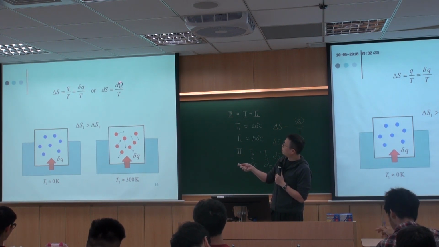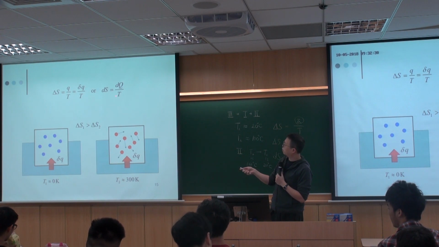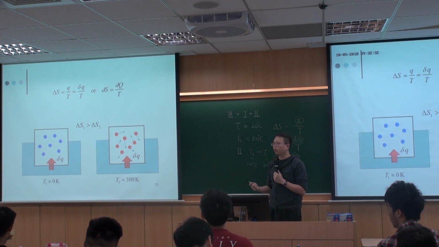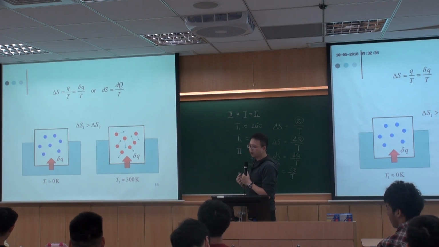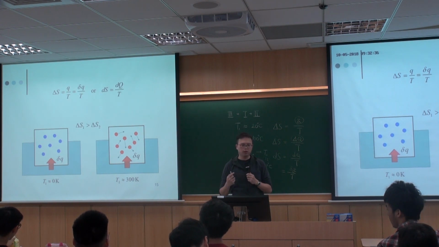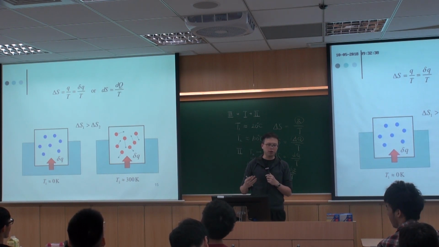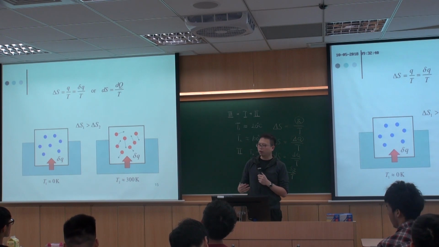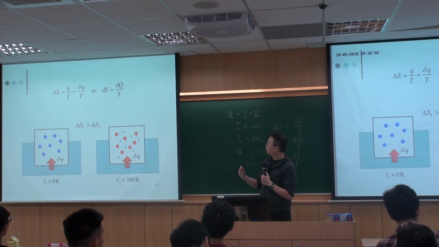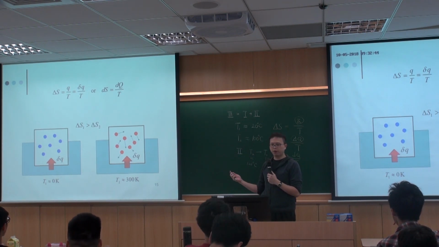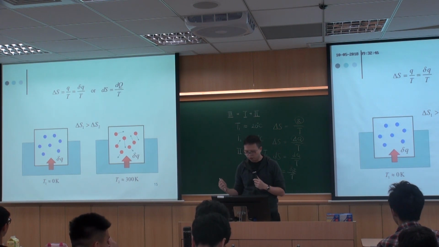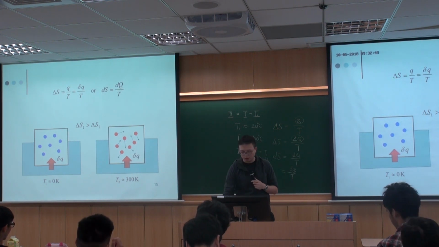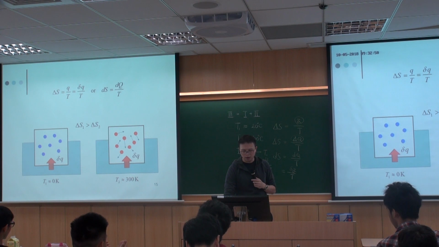The same amount of heat is being supplied, but if the temperature is different, you have a different change in terms of randomness. Okay, so if you go through the textbook and the argument seems hard for you to understand, you can come back to this microscopic view, which I think will help you understand it more clearly.